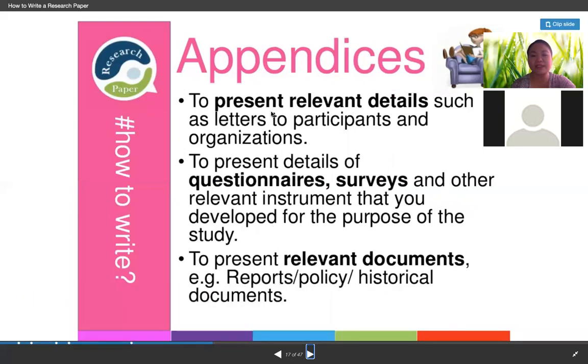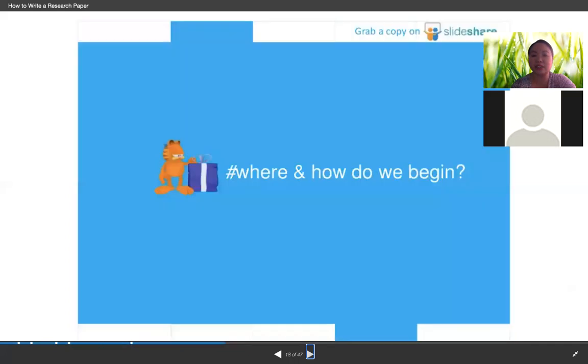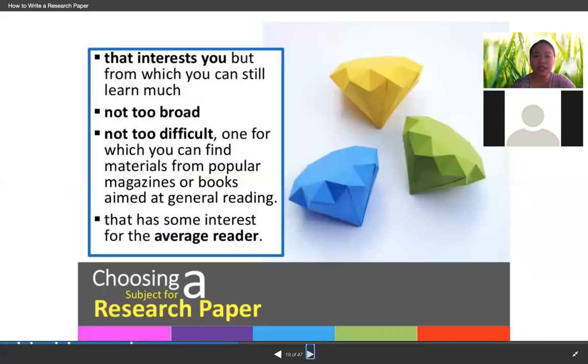Appendices are also for presenting relevant data such as letters to participants, organizations, questionnaires, surveys, and other relevant instruments that you develop for the purpose of the study. Now, example, reports or historical, as I have mentioned a while ago. So to start with,